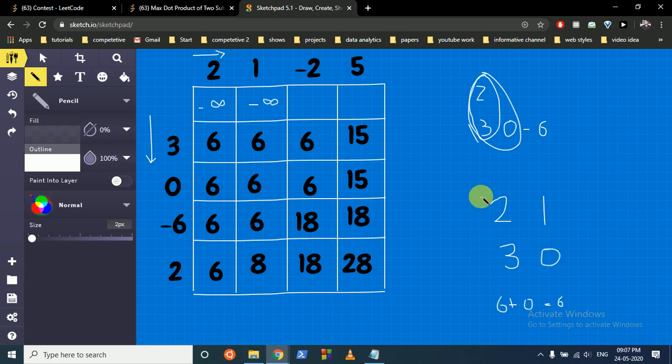2 and 3 0. This element can also be possible because we can take just 2 and 3 0. So we can take the maximum of this top. Okay, we can exclude both of them. We can take the maximum of this because this is not contributing anything. If we take just 2 and 3, this is also giving 6 and this is also giving 6. So why not just take it? So the maximum can also be if we exclude all of this. So if it is just 2 and 3, which is this element.